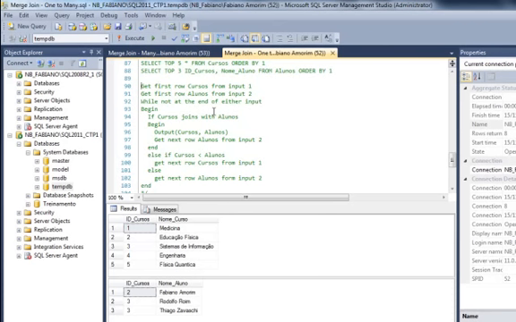So the first thing here is get the first row cursos from the input 1. So let's get the first row from the input 1, which is the table cursos, with ID 1, and get the first row from the input 2, which is in this case the table alunos. While we are not at the end of either input, and we are not at the end in this case,